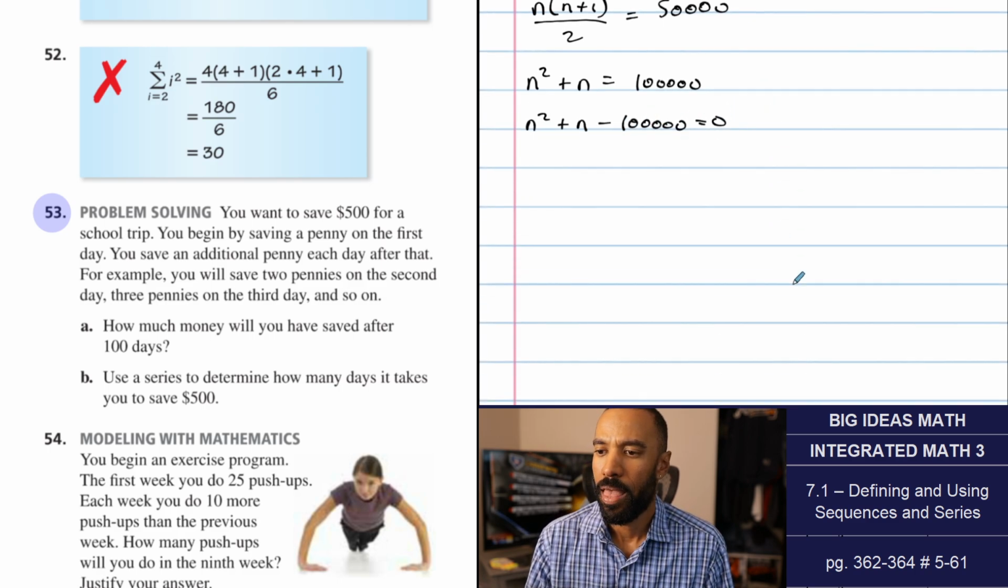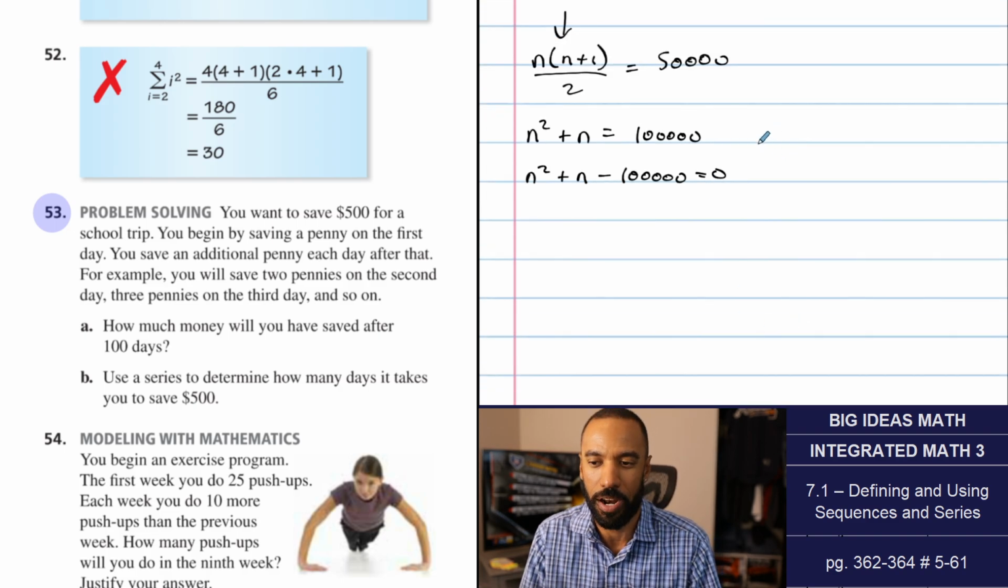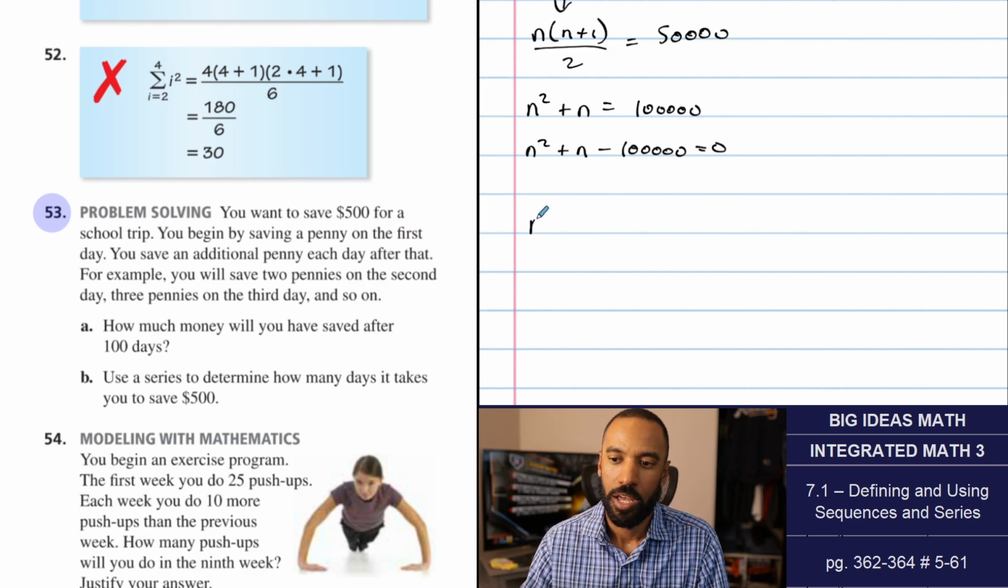I don't know if we're supposed to use the quadratic formula. I don't know if they'd let us solve using the graphing calculator or whatever, but I'm going to use it, I guess. Quadratic formula, n equals negative,